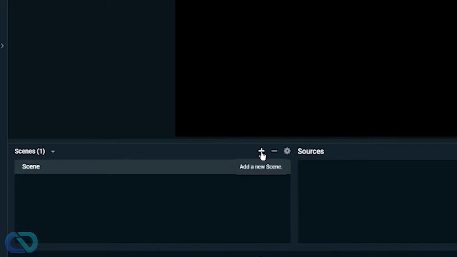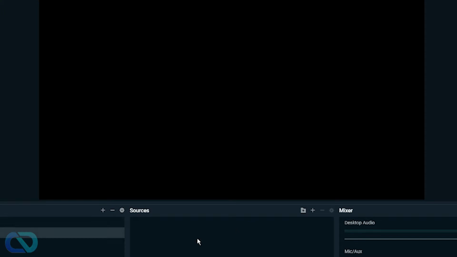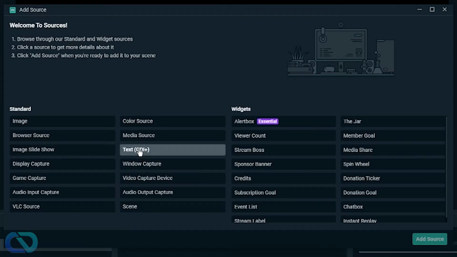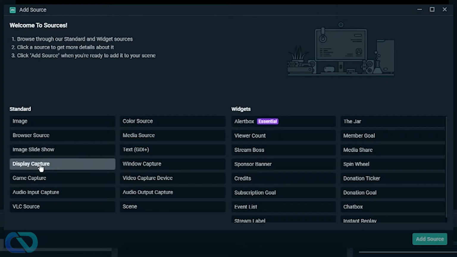So you click the plus sign to create a new scene. So you can call this new scene, and then you have it here. So now I can see it's black here, so nothing there. You click the plus icon at the sources, and you have here different options. You can import images, browser sources like external websites, external servers like slideshows, display capture to record your